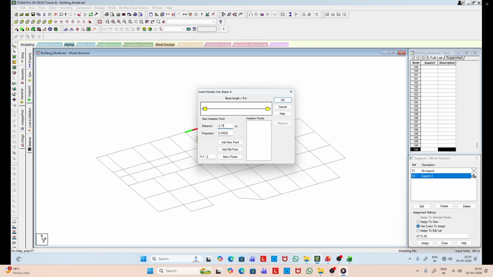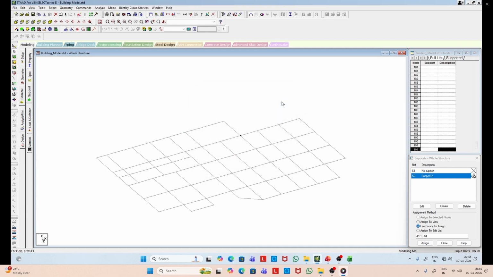So we set these points in such a way that two intermediate points will be created. Here you see one is created there, and then this beam also we have to divide accordingly.